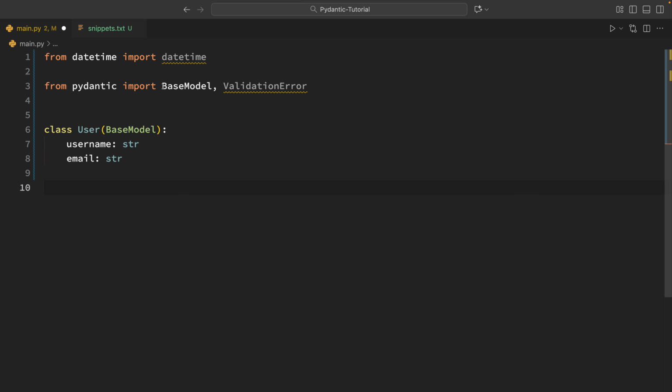And these type hints aren't just documentation like they would be with a regular class or dataclass. Pydantic actually uses these to validate the data at runtime. So let me go ahead and create a user and show how this works. So we'll say user is equal to, and let's just leave that empty for now, and we will print out